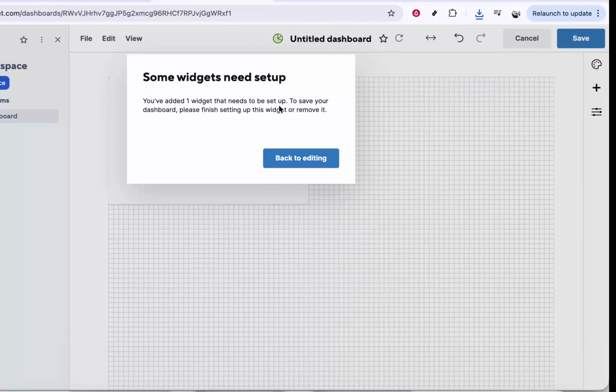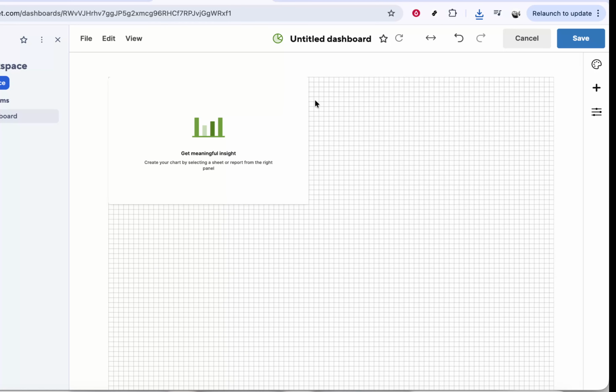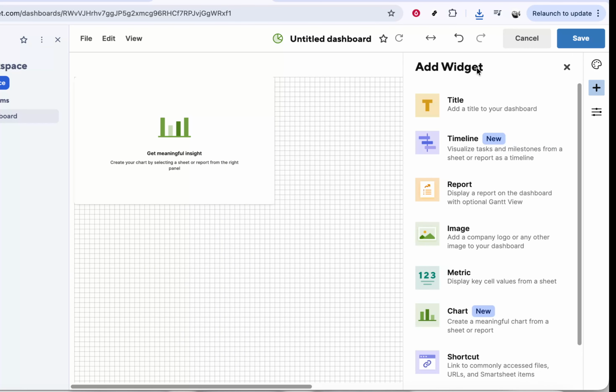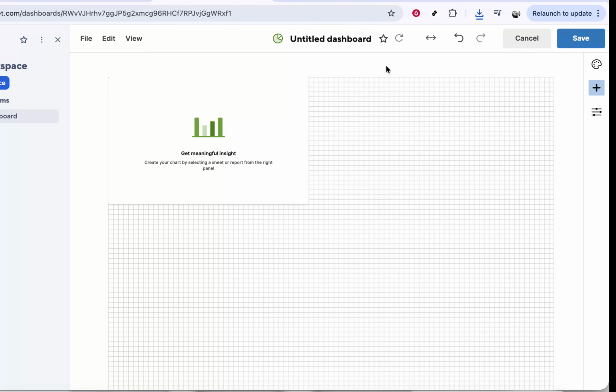In today's video, I'm going to teach you how to add image widgets to dashboards in Smartsheet. We'll walk through this from the point of view of someone who already has a dashboard open and wants to make it more visual and engaging by adding images like logos, diagrams, or reference graphics. Adding image widgets is a great way to make key information stand out and to give your dashboard a more